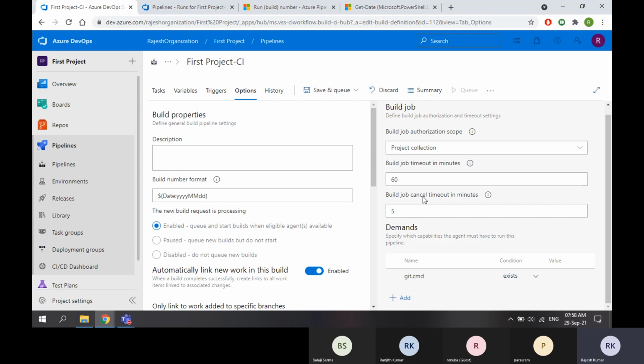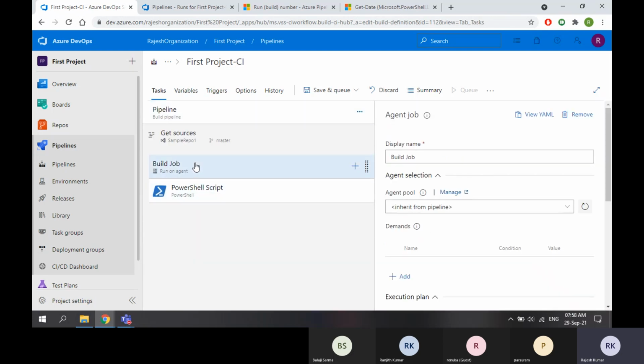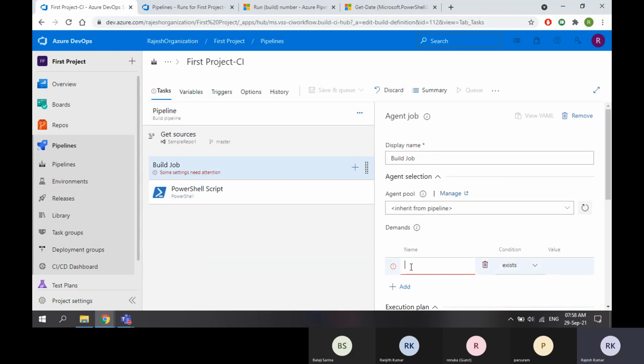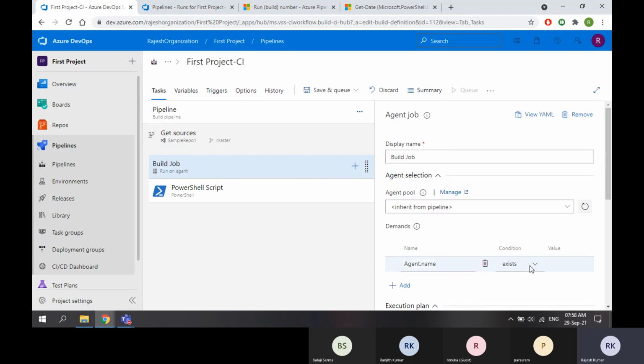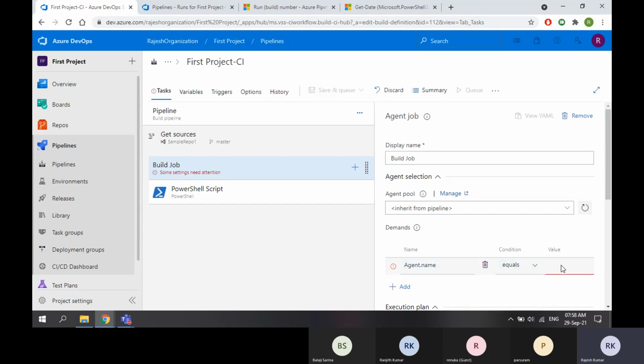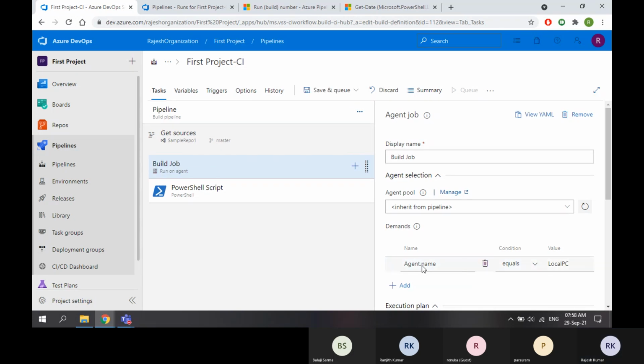So these are options. You can specify the demands here, or you can specify the demands here as well. Here also we have demands. Agent.name may be equal to local PC.